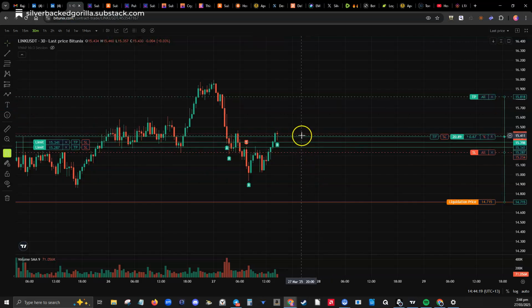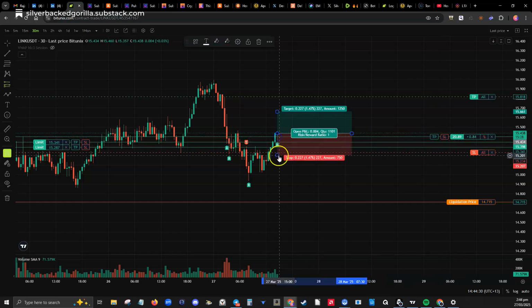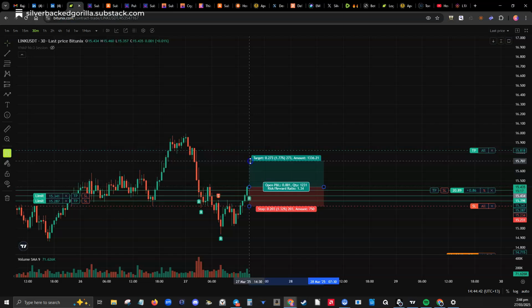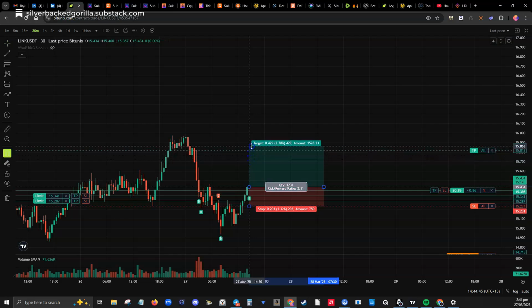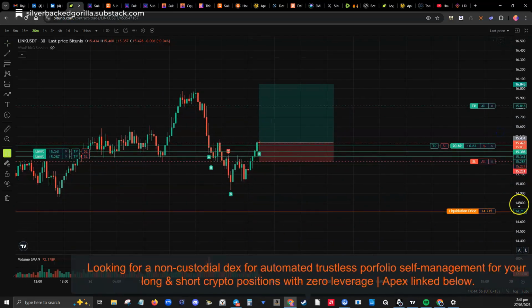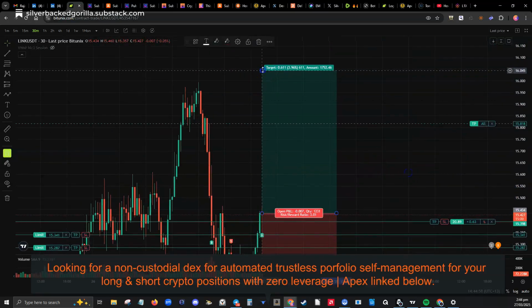But what you can do to set this take profit is look at where your position is and where your stop is, and grab one of these tools and go long position, and then put that in exactly where your position is, and then set up the stop loss alongside where your actual stop loss is. What you want is a 3 to 1 risk reward, and this will tell you whether it's realistic or not. So you're going way beyond the previous price action over here. So 3 to 1 is up there. And now if you can't get it quite on it, just stretch it out a bit, and then you've got more control over where it lands.